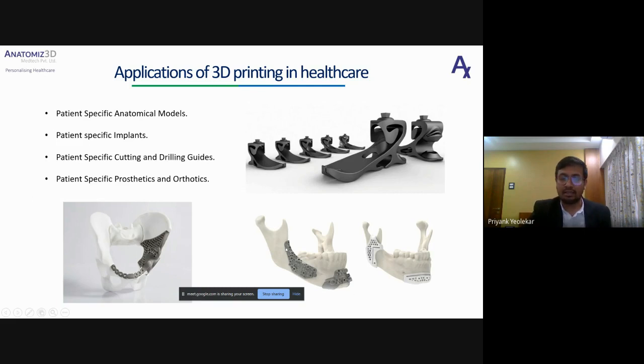As you can see here in the images, the first image, the image of the hip, shows a hip implant which was customized here. The second one shows the cutting guides which were designed and printed, and then they can fit on the mandible or whatever anatomy you are making the guides for, and it provides the slots for the cutting. So it will give a proper cut during the surgery as per what you have designed or simulated on your software.